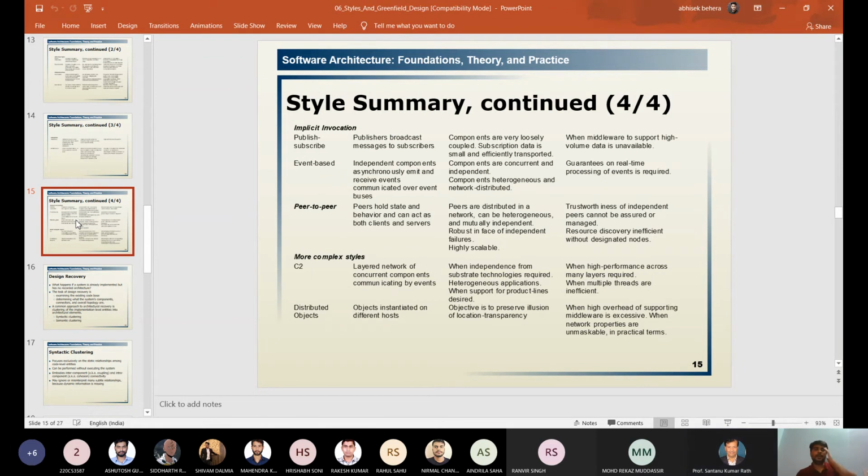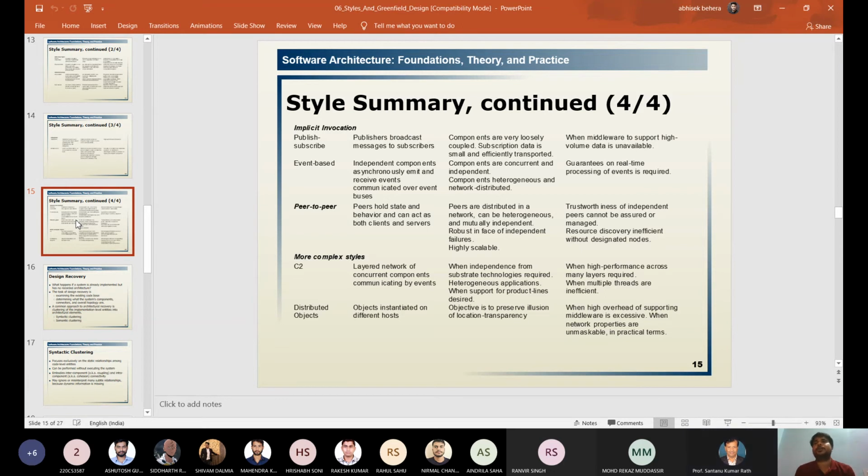The next one is event based. Event based, where we need a bus. Bus means the connector. That bus will connect the independent components through which they can share their resources or knowledge or signals, whatever. In the event based style, independent components asynchronously emit and receive events communicated over the event bus.